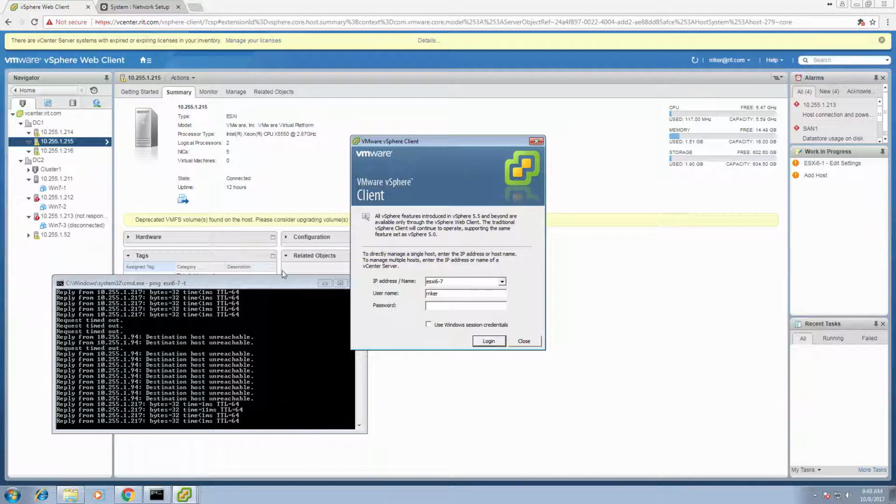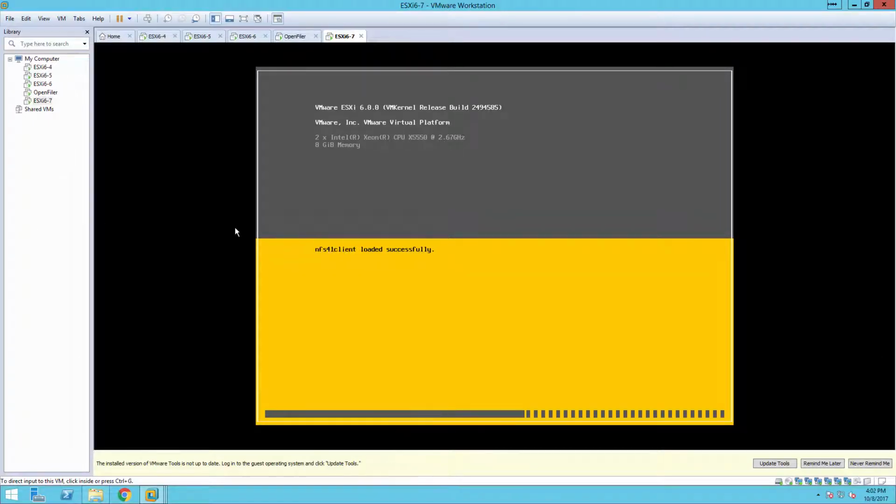So now that we've got that guy going on, the beauty here is I can log in to this guy and I can see that we are almost done being loaded. This is where having out of band management would definitely come into play and be very helpful, because then you can just log in and do what you've got to do. And as soon as that guy's done, which will just be another minute or so,